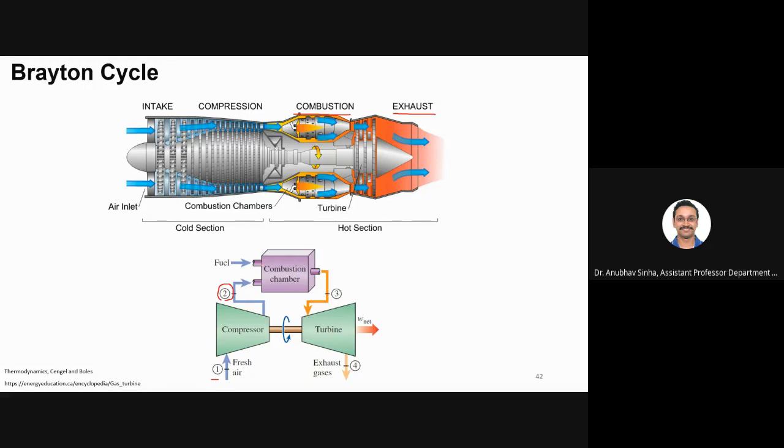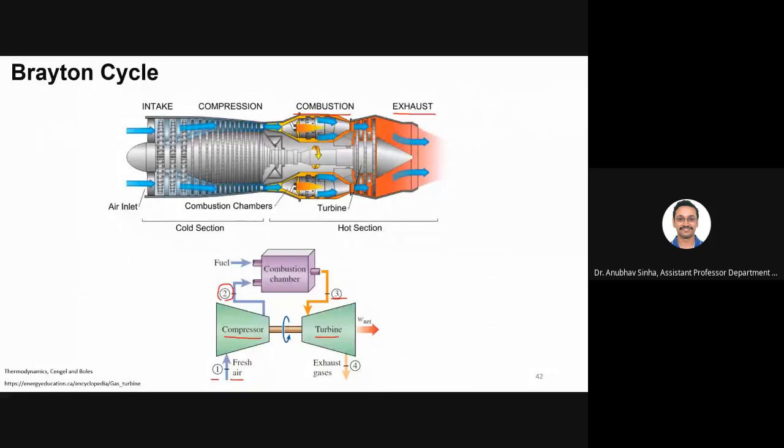Generally, we assume for our analysis that the mass of fuel is negligible as compared to air, so we'll just worry about whatever m dot is coming from here. Fuel enters here, it burns here, and it produces heat at constant pressure. And then the state is now 3. Then it goes to the turbine. When you are using the compressor, you are doing work on this fresh air, compressing that air. And then you use the turbine, and basically you extract work from that.